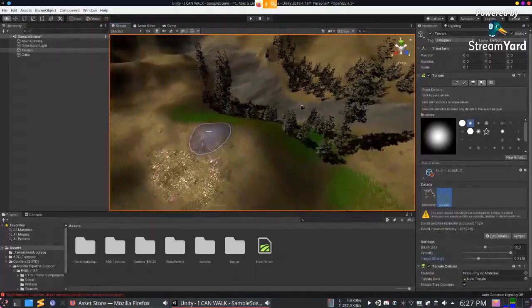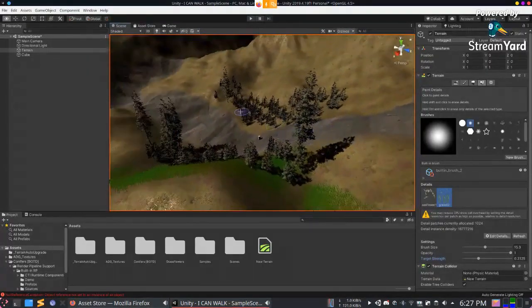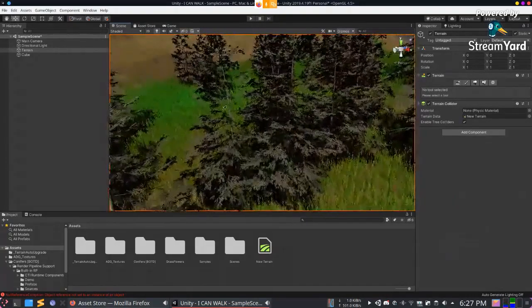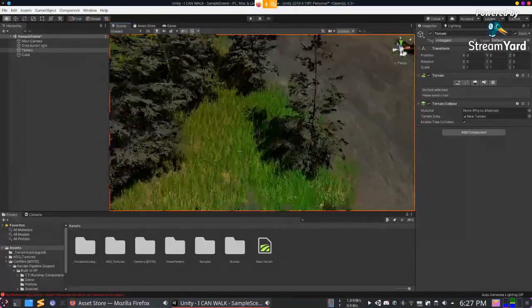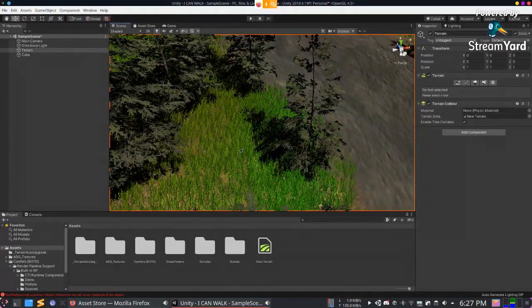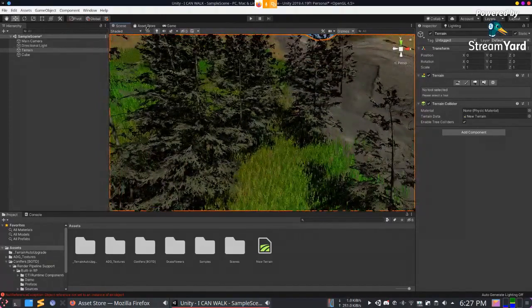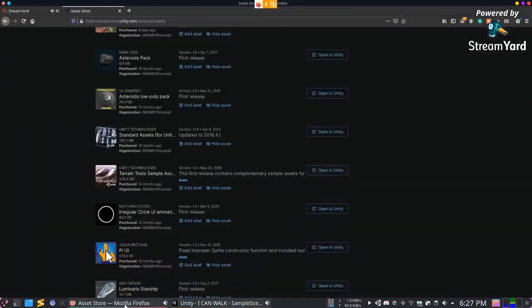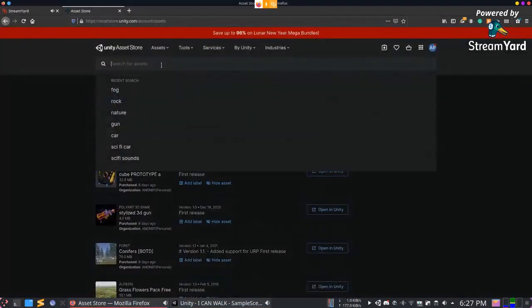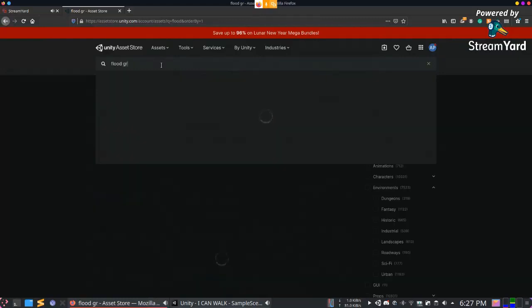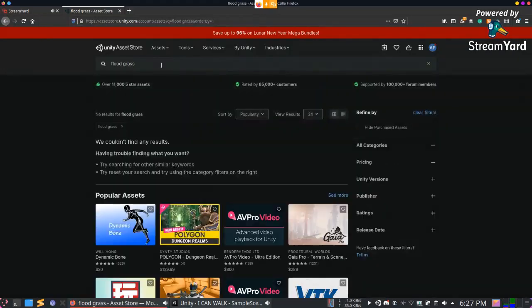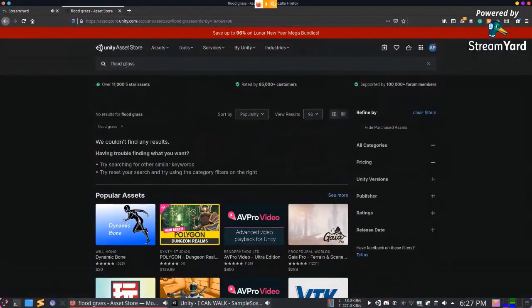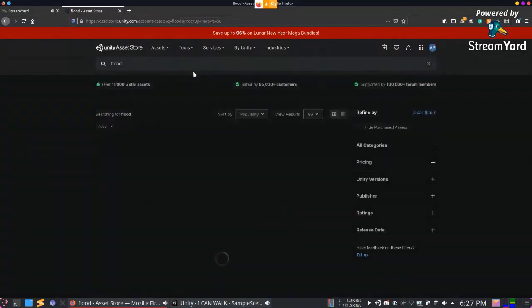At this point, there's no point in showing the grasses over there, so they have not been shown. But when we go closer, the quality improves, and here it's in perfect quality. This is actually using it as a texture, but you can also import these grasses as a mesh. There are various assets you will find which use grasses as mesh. There is one I remember, it was flood something. Let me search for flood grass. If I don't get it in one chance, I'll just skip it over. And for the second attempt.